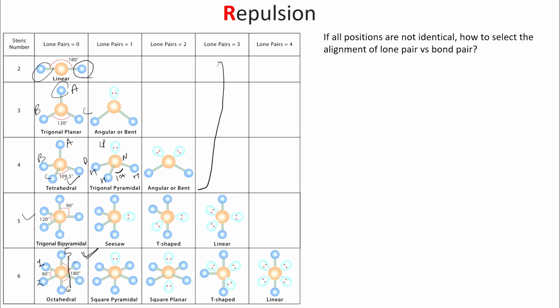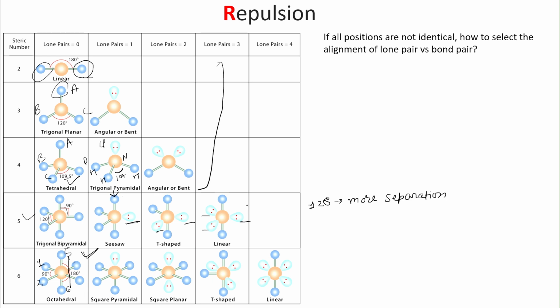The choice starts from here, because one of the angles here is 90 and here it is 120. So 120 would mean more separation. So the lone pair has to be kept here only. This is one option. If you have two, you put them here. If you have three, you put them here. But in none of the scenarios have we kept the lone pair in the 90-degree separation.